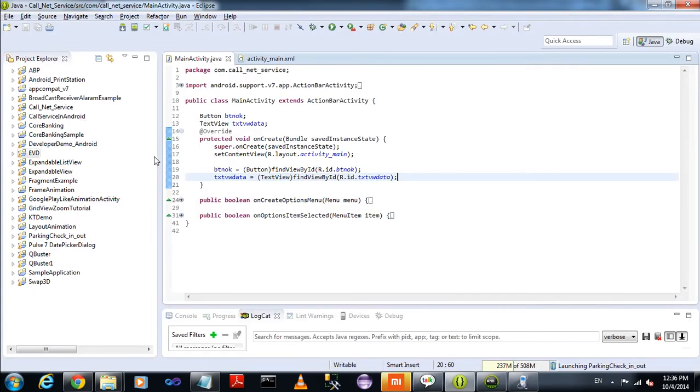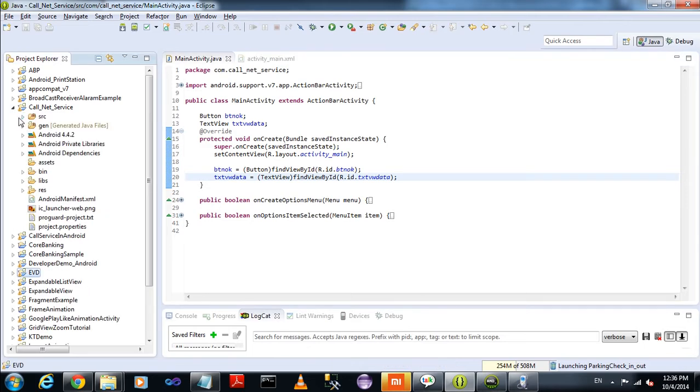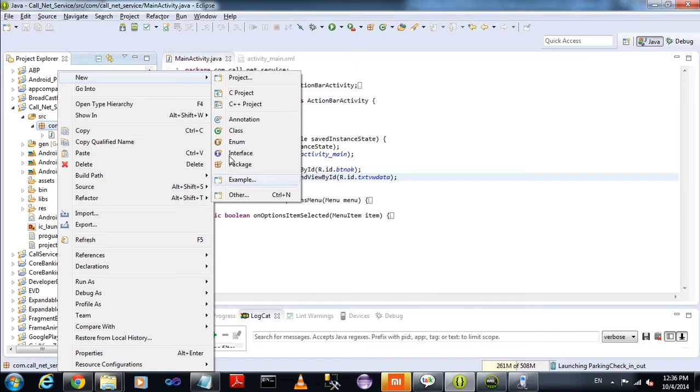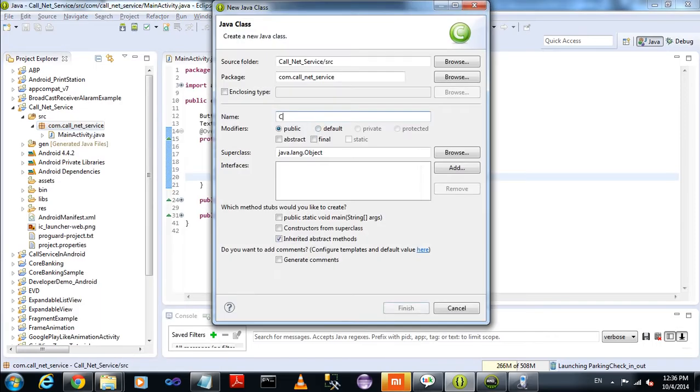So in my project, just create one class, named call soap.